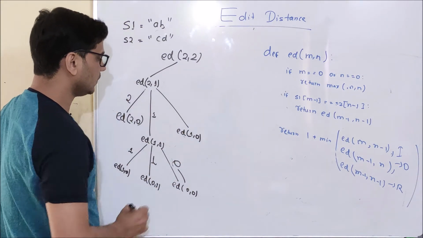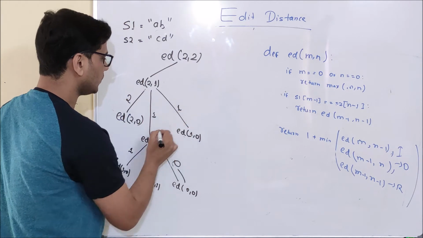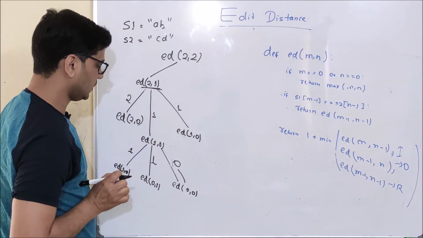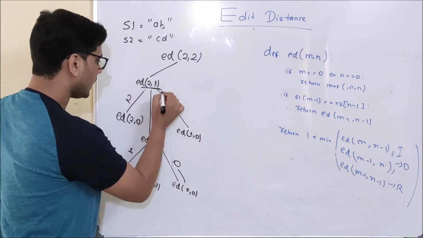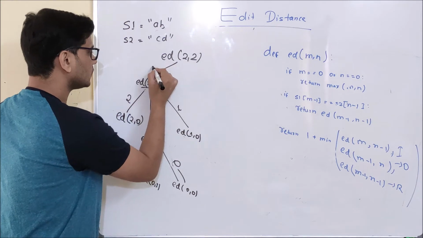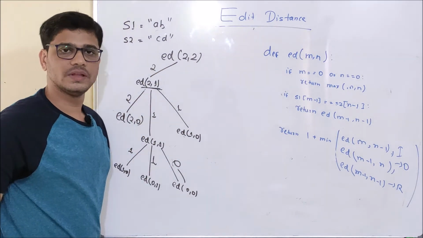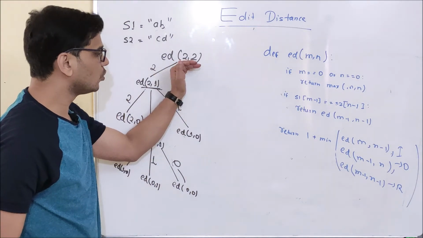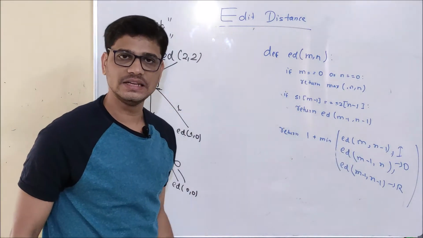And what will it do? It will return 1 from here. Then ed of 2, 1 will choose the minimum from here, and will return 1 plus minimum, that is 2, from here. Then what will ed of 2, 2 do? Now ed of 2, 2 will perform deletion, that is